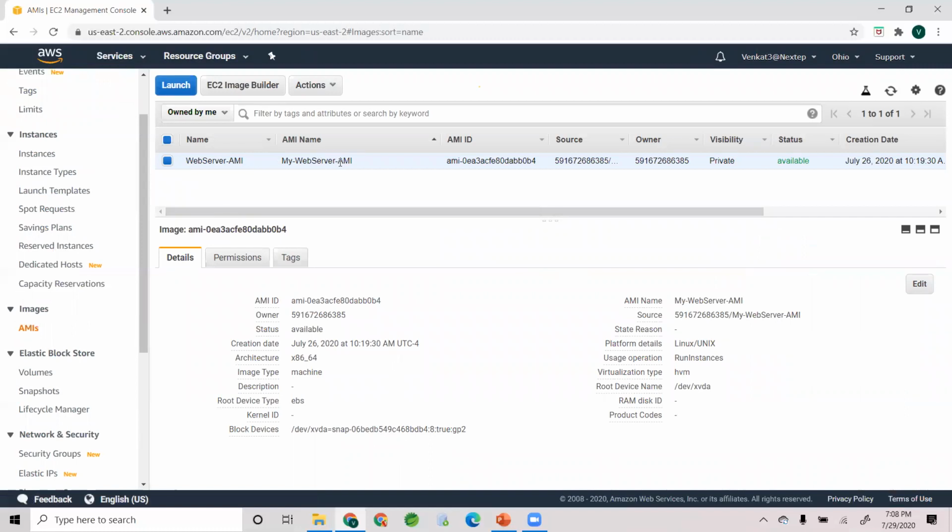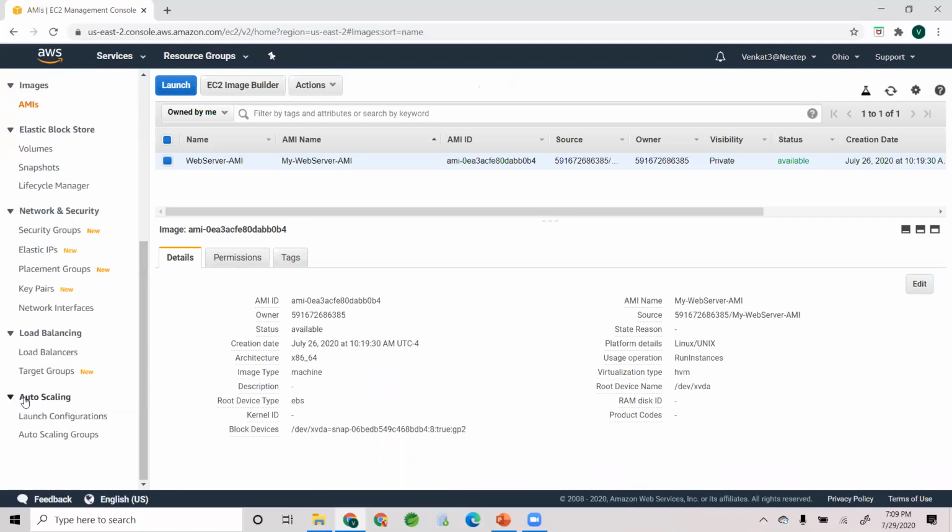This is my web server. It has a simple H1 tag saying I'm a web server or something like that, right? So I have an Amazon machine image. So I'm going to create a new launch template. It's called within auto scaling. Click on launch configurations. Or actually,